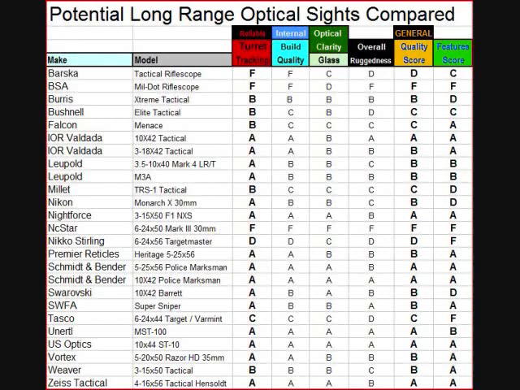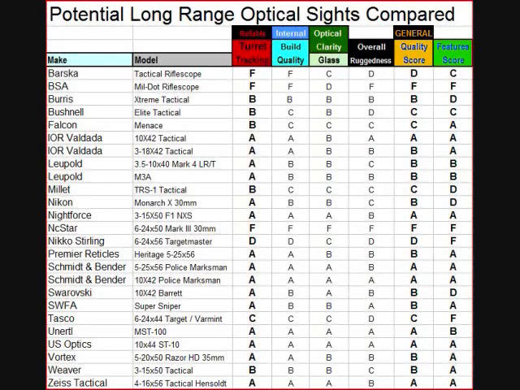The next column is internal build quality. This is talking about the interior parts of the scope, just how well things are put together, what materials they may have used, and how well everything meshes together and operates. These long-range tactical scopes are very, very precise instruments. Everything needs to click right and dial in right, and your alignment has to be absolutely perfect. You kind of want this to be put together like a well-made Swiss watch or something. That's true with any precise instrument, but particularly in these optics,